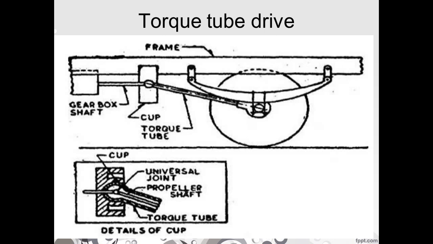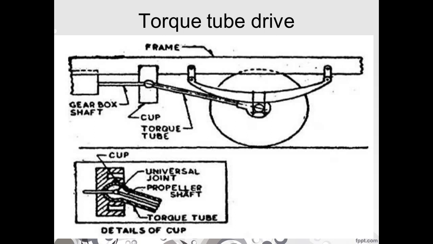If the universal joint connecting the propeller shaft and the transmission shaft is located exactly at the center of the spherical cup, only one universal joint is used at the front end, and no universal joint is needed at the rear end of the propeller shaft. Also, both the pinion shaft and the propeller shaft will move about the same center, that is, the center of the spherical cup, hence no sliding joint is needed in this case. This is the working of the torque tube drive.